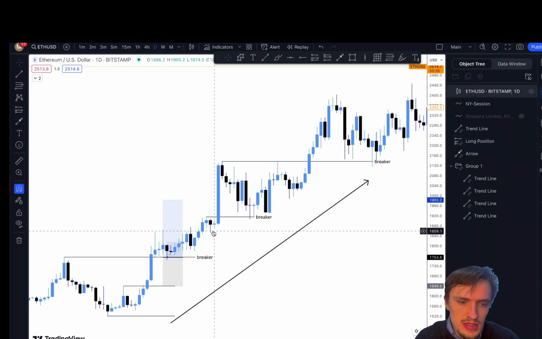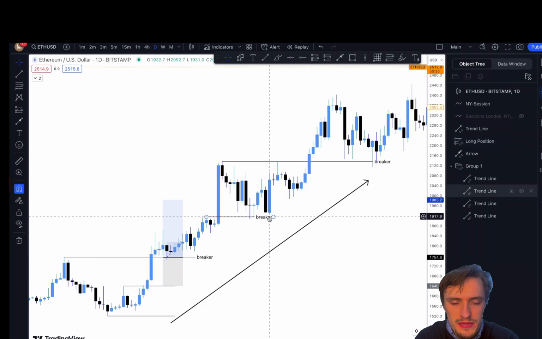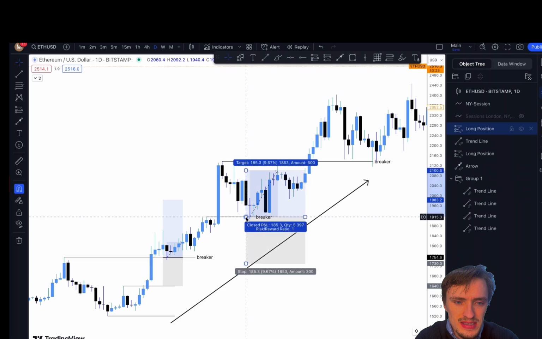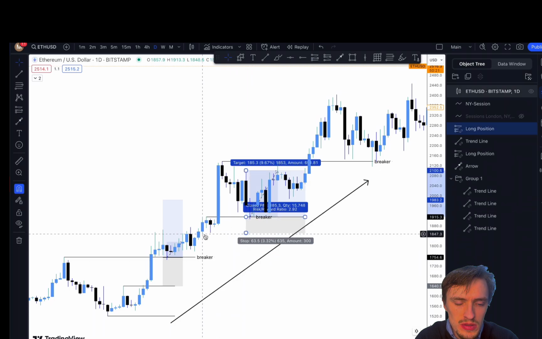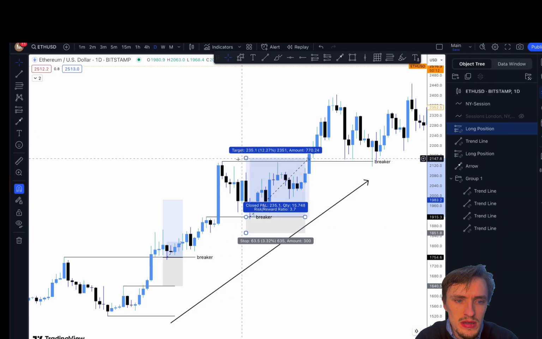Then price continues again and it breaks with a massive candle. This one indicates a massive momentum being created. And again, another breaker. When that breaker is formed, we go long, right exactly where the previous high was. And you can set the stop loss below this low because price is respecting lows and breaking highs. That's exactly what's going on. And the target could be the previous low high, which is this one, for a nice